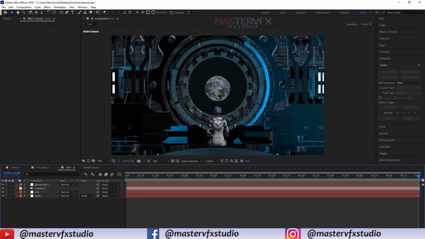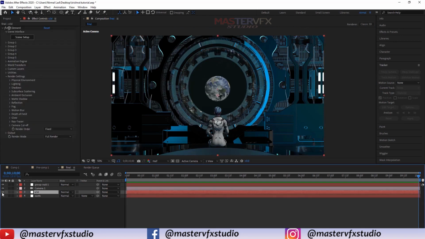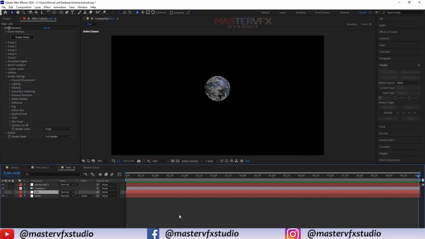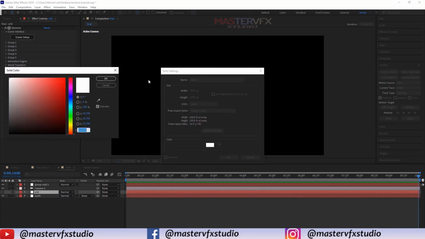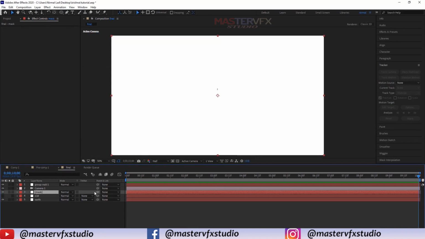So guys, after your camera and scene setup, we are going to create the atmosphere of this earth. For that, kindly disable this Element 3D layer and create a new solid by pressing Ctrl Y. Name it mask, and make sure it is a white solid. Press OK.